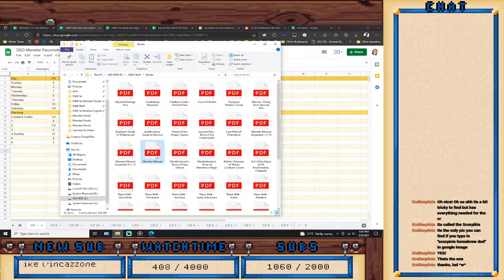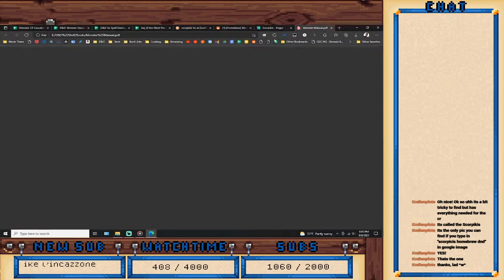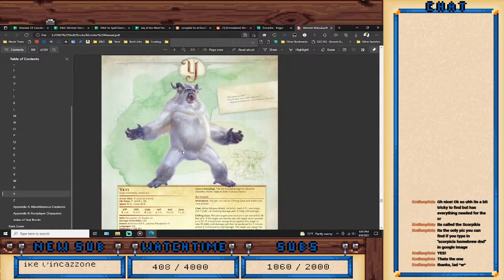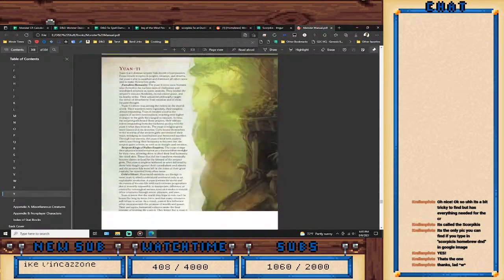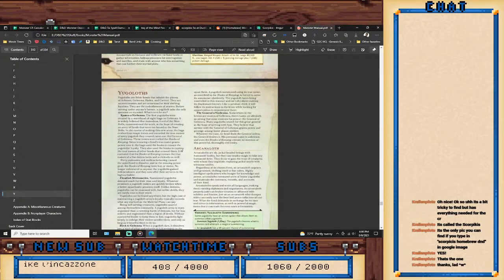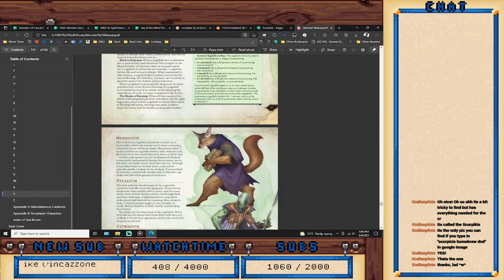Alright, let me pull up the Monster Manual and see if I can find the Yinogu, and we'll go from there. Probably just be better off doing the monster block like this. Yeti. You want T. Alright, we're at U. Y, U already, so definitely not in here unless it's...